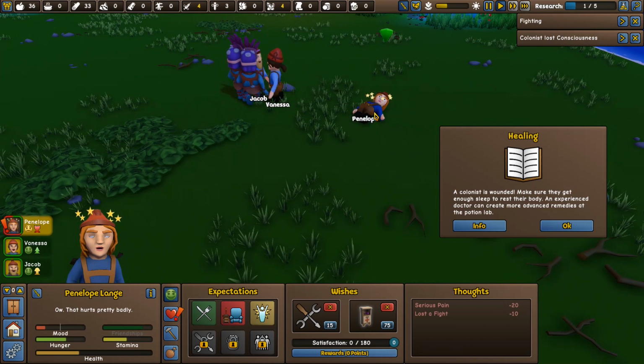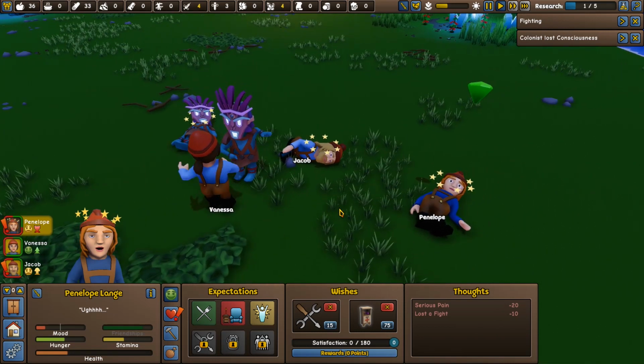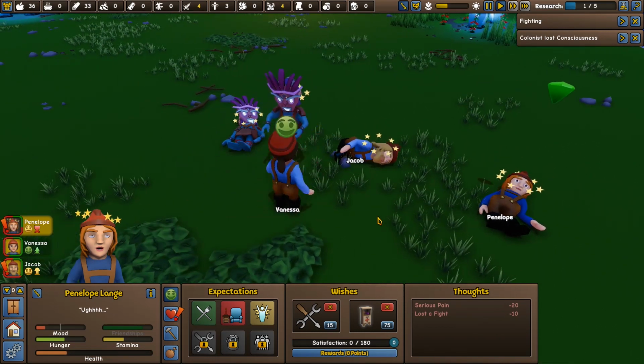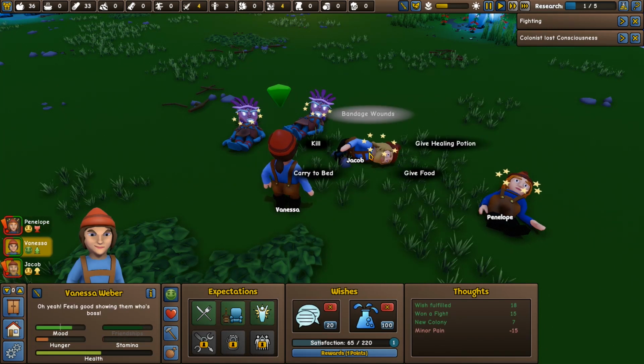Penelope's knocked out. Oh, Founder's Fortune has not gone quite as well as I might have initially imagined. Jacob's down. That guy's down. It's Vanessa on this guy now, and it's a bit of a close contest. Oh, good! Oh, Vanessa, well done. Can you...